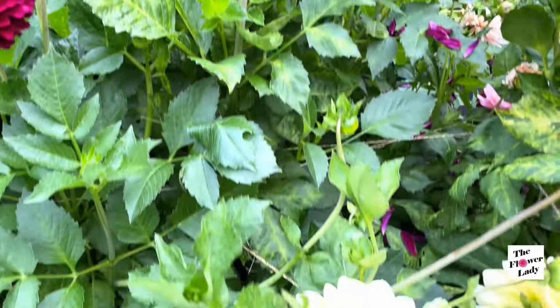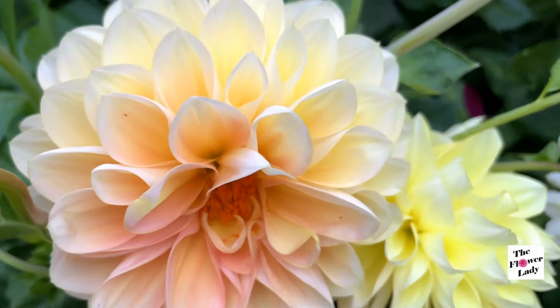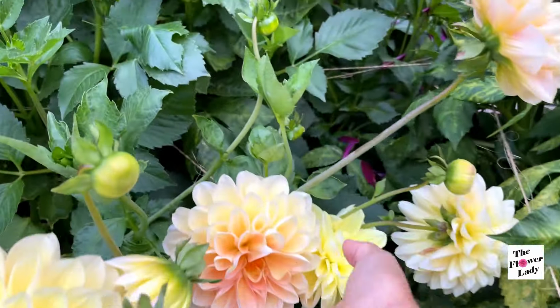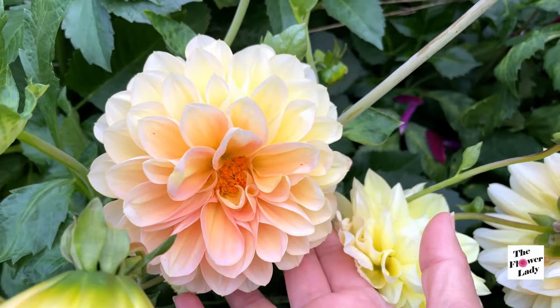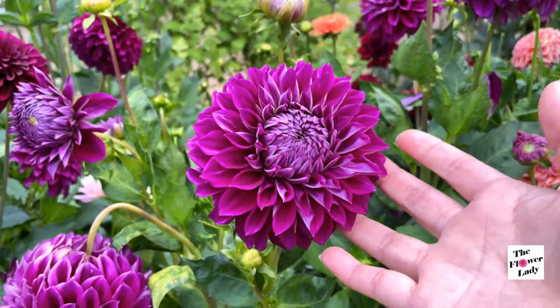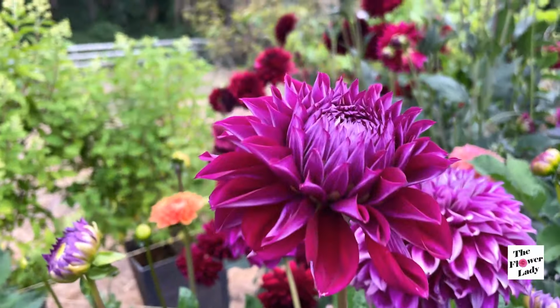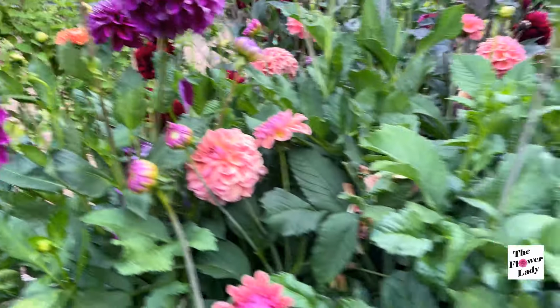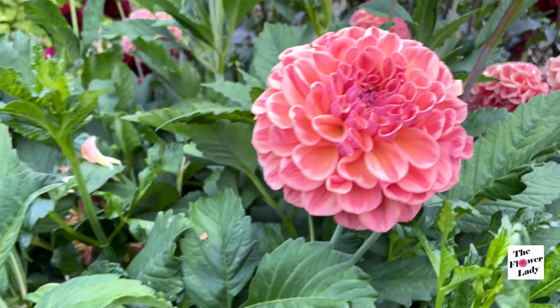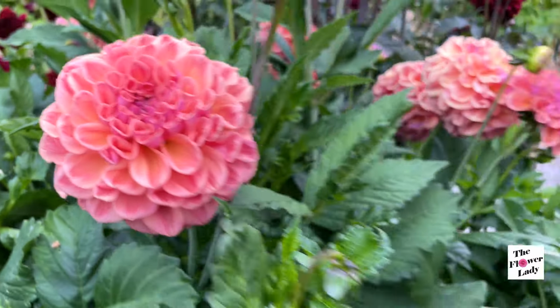And then we have down here honeydew. And the reason they call it honeydew is because it does look like honeydew. It has that tinge of honeydew. And this is Diva. Beautiful. And this is Chewy right here. So many gorgeous dahlia. We're going to come around this way because I want to show you a couple more